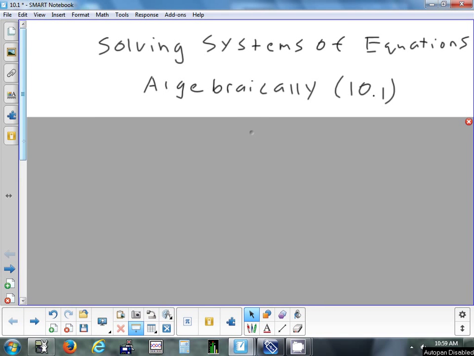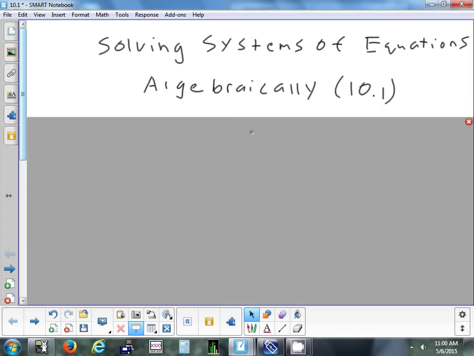Right, so today we're going to start Chapter 10. Chapter 10 is basically on solving systems. We'll do a quick review of how you solve basic systems with 2 variables, 2 equations. We'll get into 3 and 3. And then I'll show you a quick introduction to a matrix, which is a more efficient way